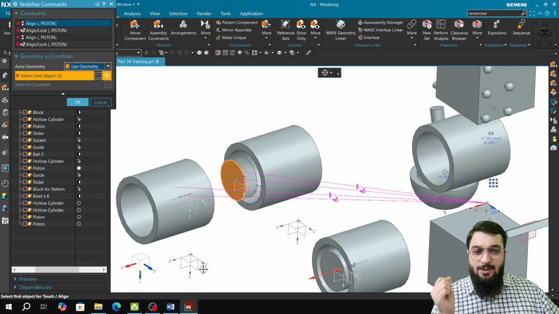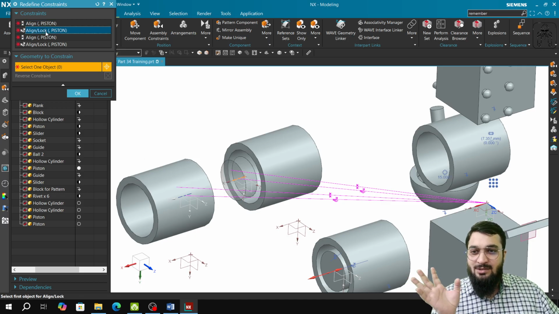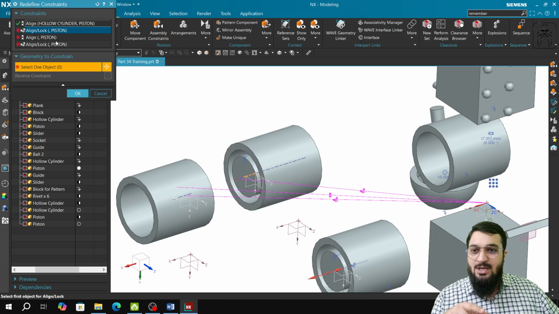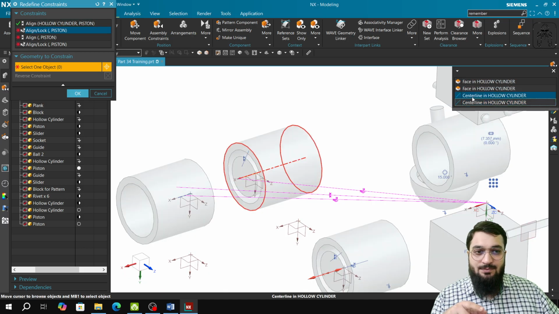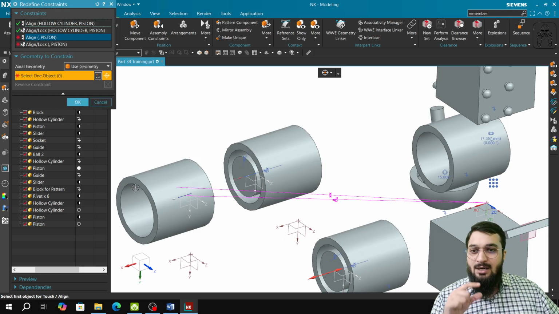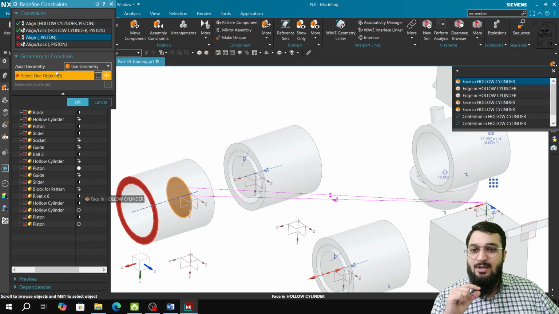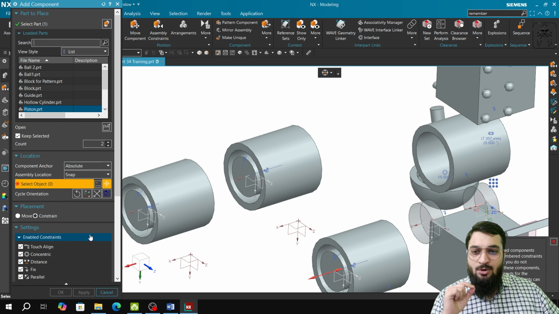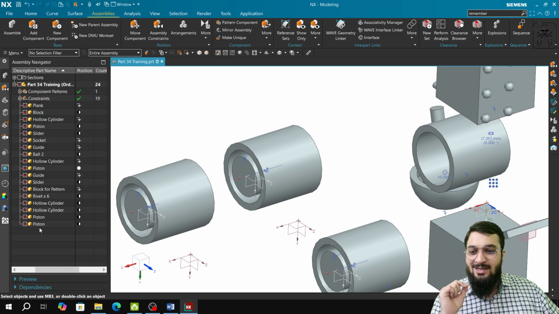I'll click on apply, and now I have to select the pistons. I have to redefine the constraints. To redefine the constraints for this particular align, I want to align it with this, and the align lock, I want to align it with this, and after that align piston over here, and that will be the face in the hollow cylinder, and align lock over here. I will click on OK, and now you can see that this piston,